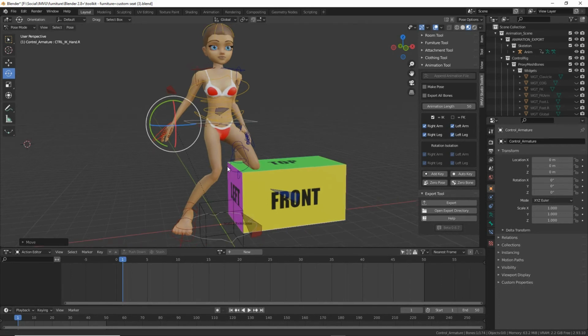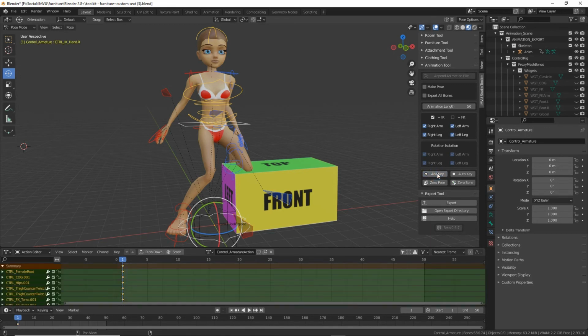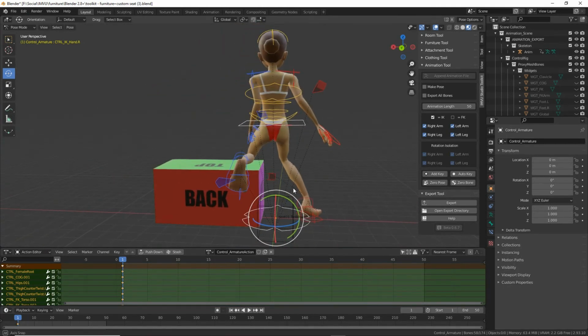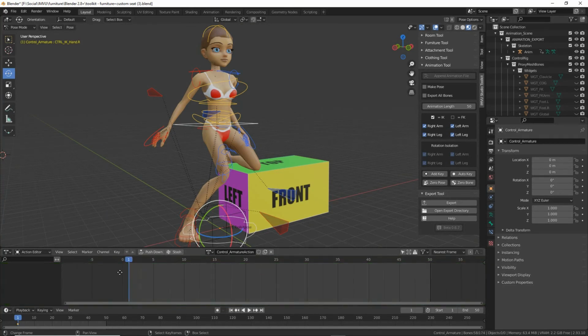What we need to do next, select all, and then click on the Add Key button. This will drop in a keyframe that locks in that pose for each of the control elements. So we've got a list of the bones that they represent, and this locks it in to all the bones